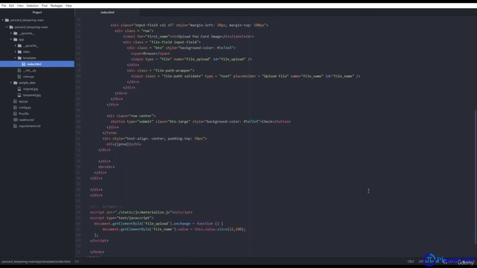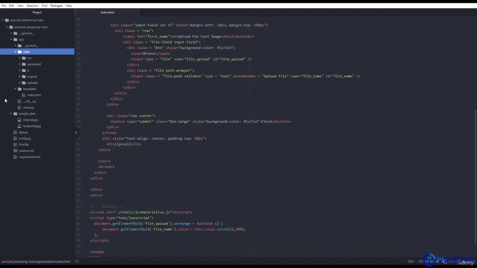Now let's see what are some of the other files that we will be using to create this app. Here in the static folder, we can see the CSS, the generated folder we have created, the JavaScript file, the original files, and the uploaded ones.